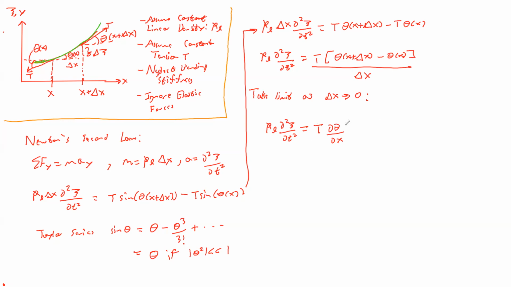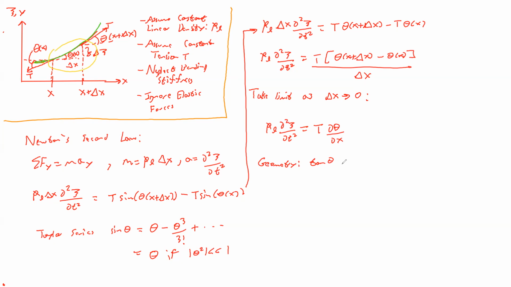So the wave variable is psi. So we need to figure out a relation between theta and psi. So what haven't we used yet in this problem? Well, we haven't used the actual geometry of the problem yet. So let's appeal to geometry. Okay. We see that tangent of theta, looking at this region right here,